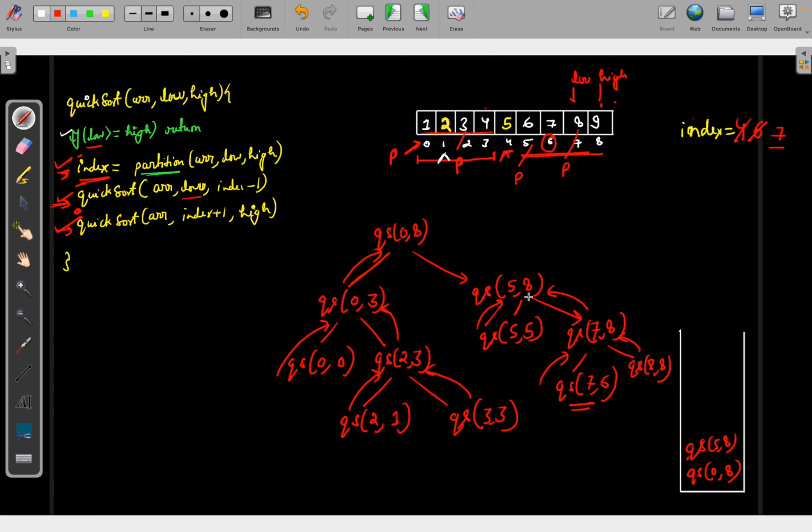And can I say my 5 is also done? It called the left part, right part and found the index. So that is also done. I will simply remove it from the stack as well, right? And now the pivot is done. I will move to 0 comma 8, and can I say my quick sort of 0 comma 8 is also